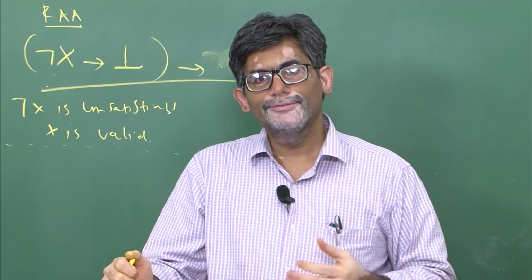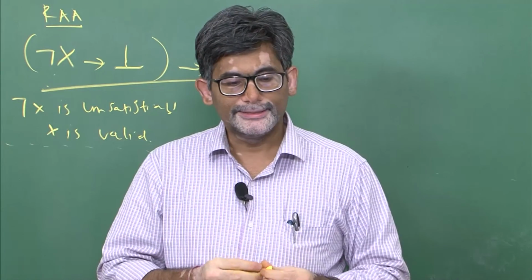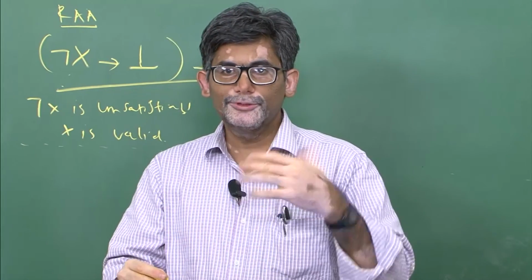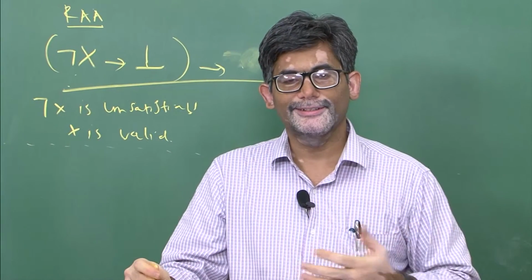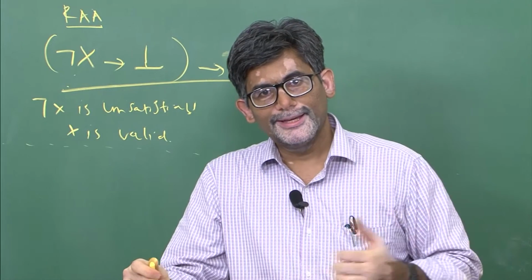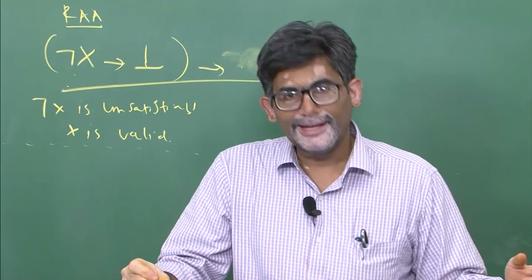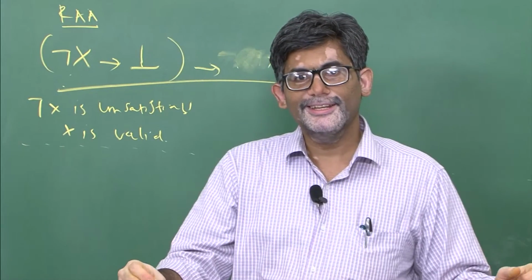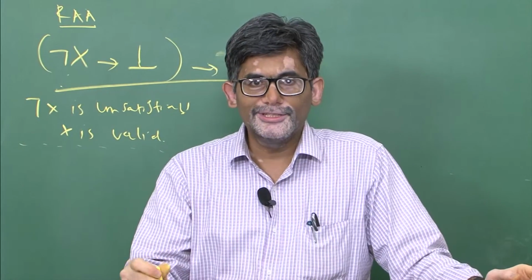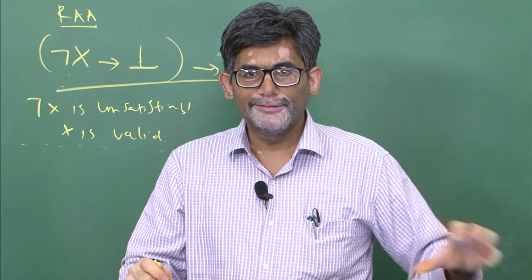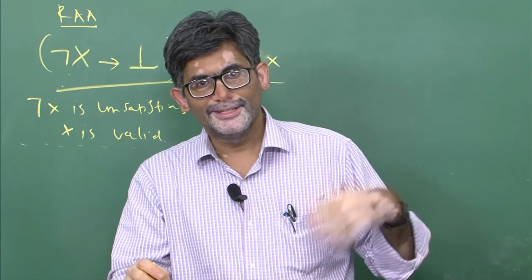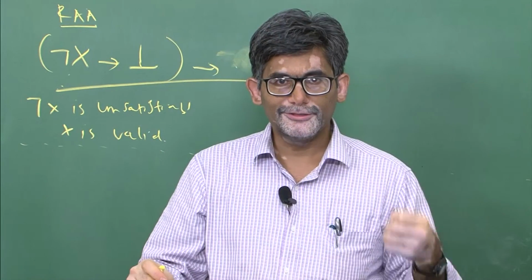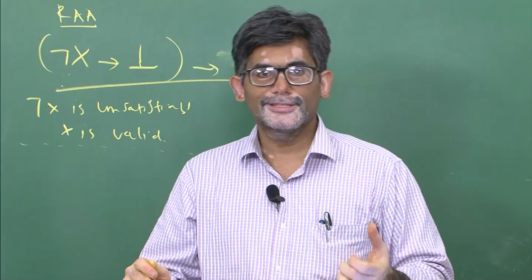So in the next lecture we will be talking about the semantic tableaux method and how we use it in solving two important puzzles. One is knights and knaves puzzles, and the second one is lady or tiger kind of problems. These two problems are very interesting and exciting, and they were all cooked up by a famous logician, Raymond Smullyan. We will be taking a few problems from these two books, and then we will be trying to solve those puzzles by using the semantic tableaux method.